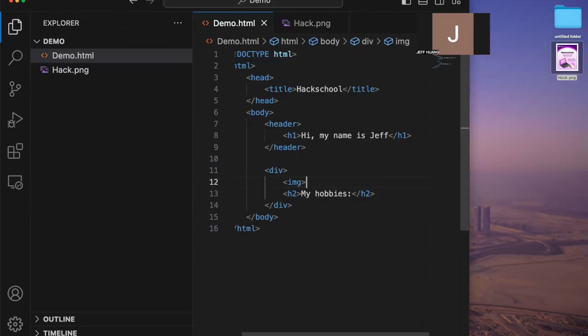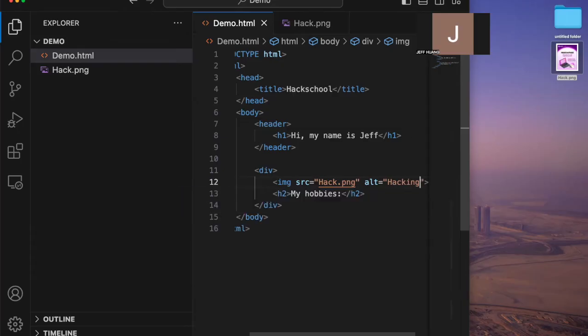The source of that would be, since I already put it into this folder, you could just write the name, so hack.png, and then we need an alt in case it doesn't work. So we can do hacking. This won't show right now since I think the image should work, but in case it doesn't work, it'll just show the text.